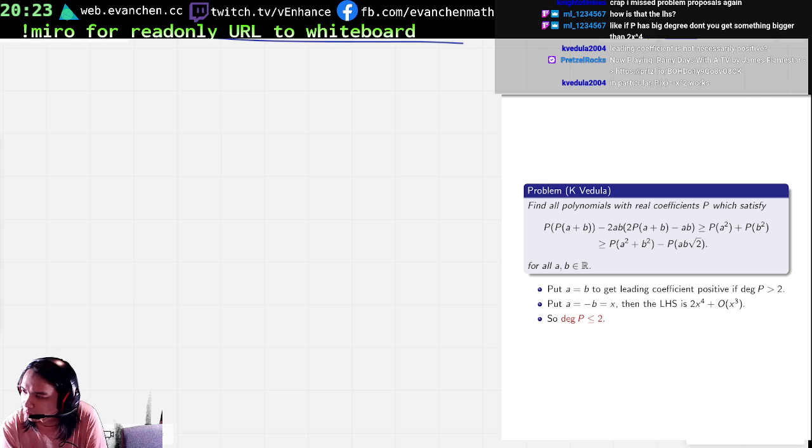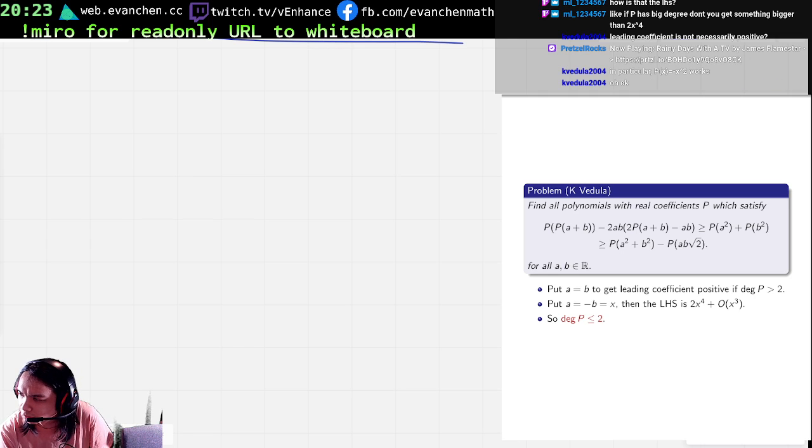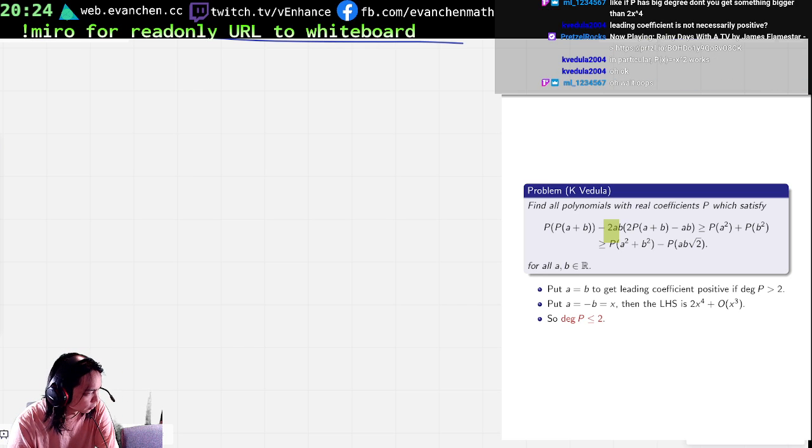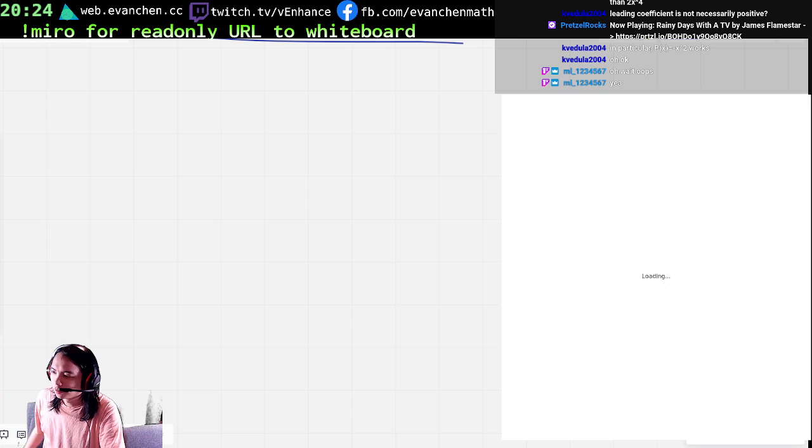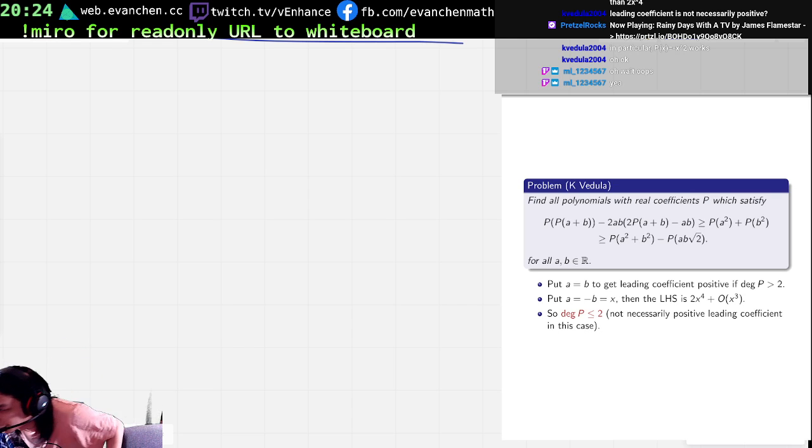Wait, am I a crazy person? If a equals minus b, though, this is a constant, right? And then this is some constant in front of x squared, and this is like 2x to the 4? Or am I a stupid head? Okay, cool. Yeah, so let me clarify, this is not necessarily... Okay, so,